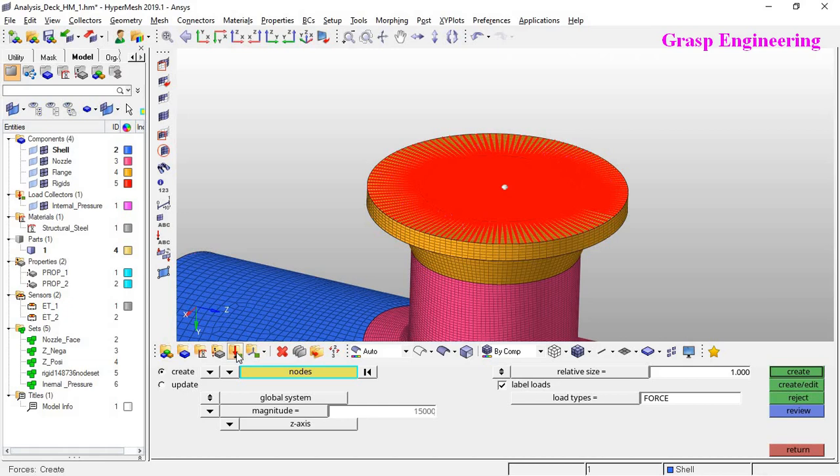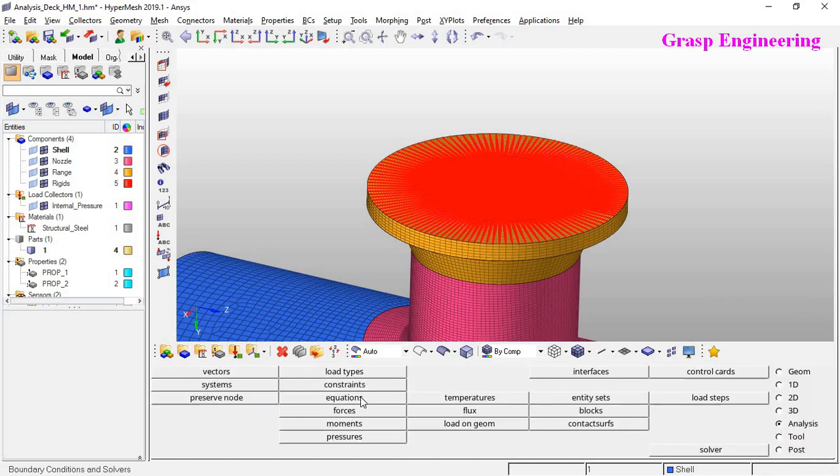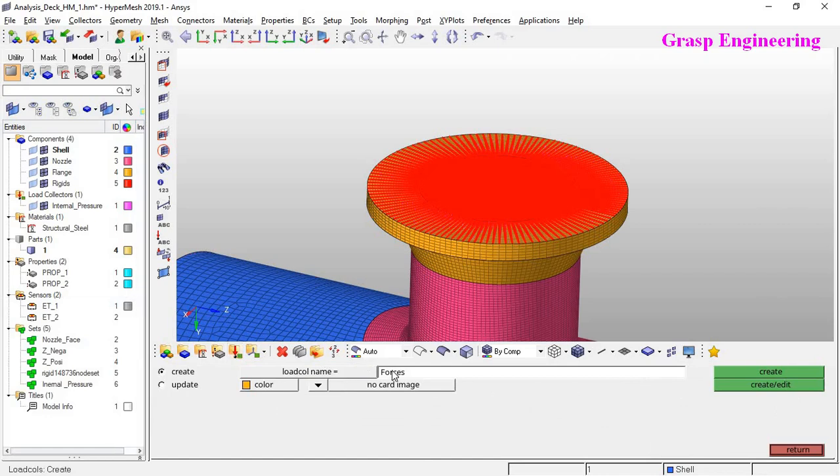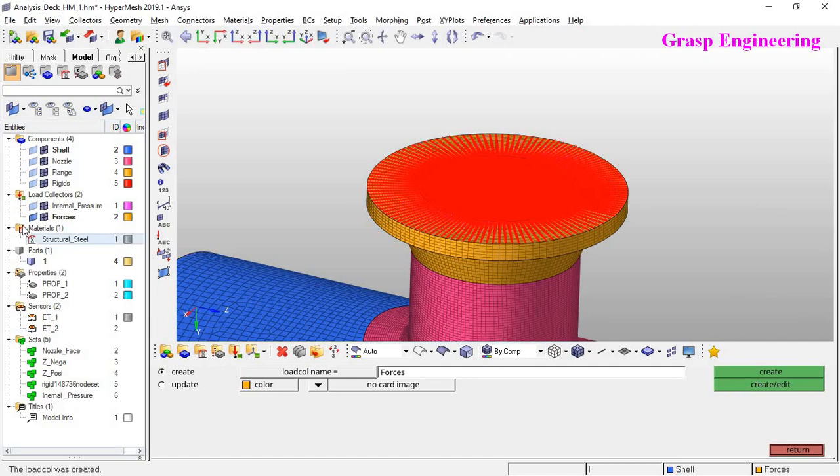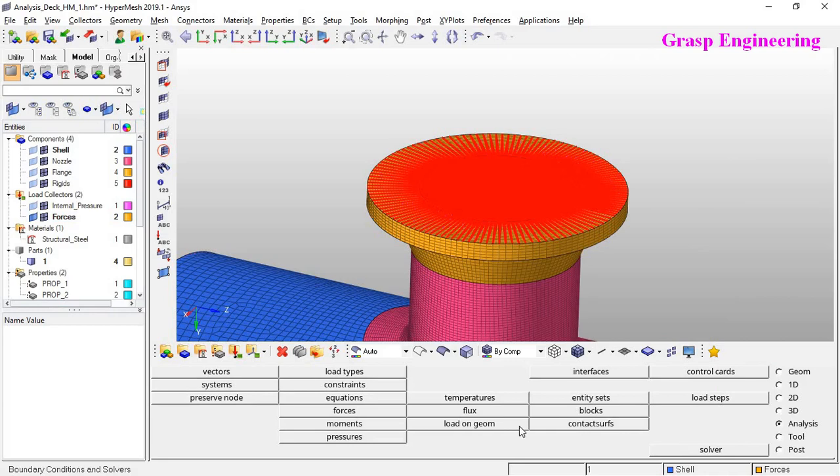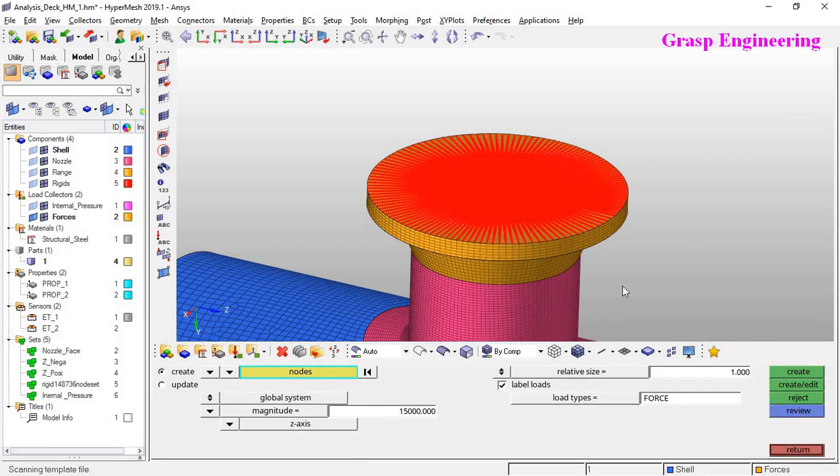Before that, let's first create another load collector. Click over here, first return, go to load collector. Here you can see forces, define the color, create. Now you can see the second load step is created, and on this load step we will apply the forces. Let's select the node.